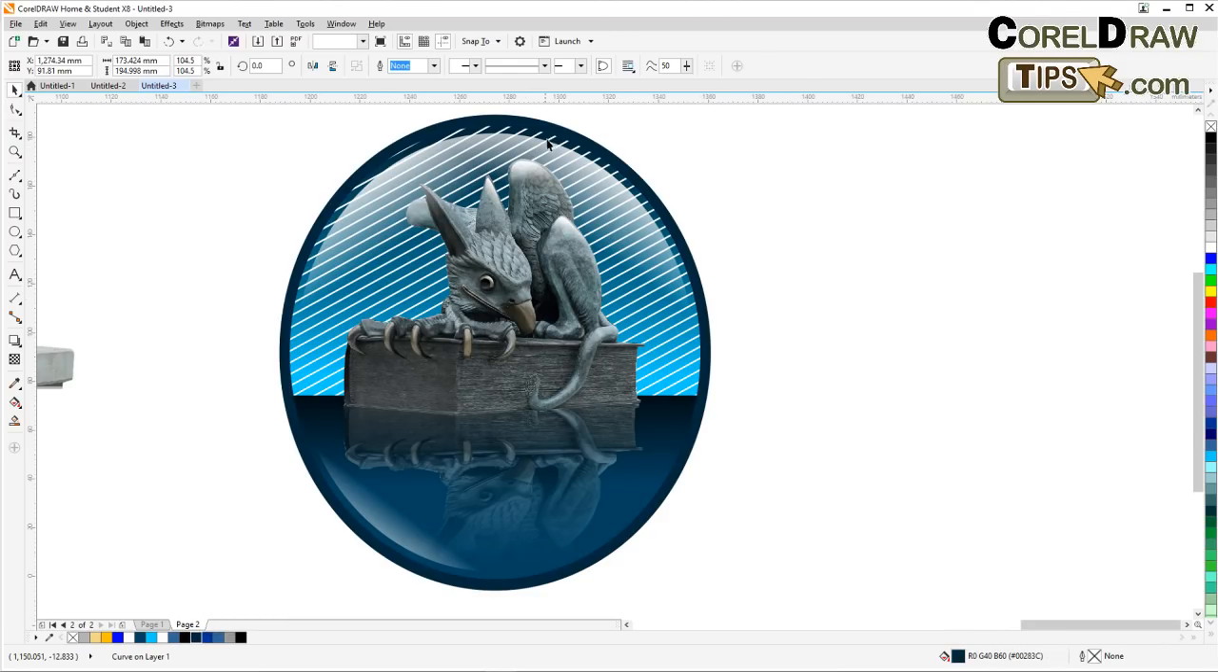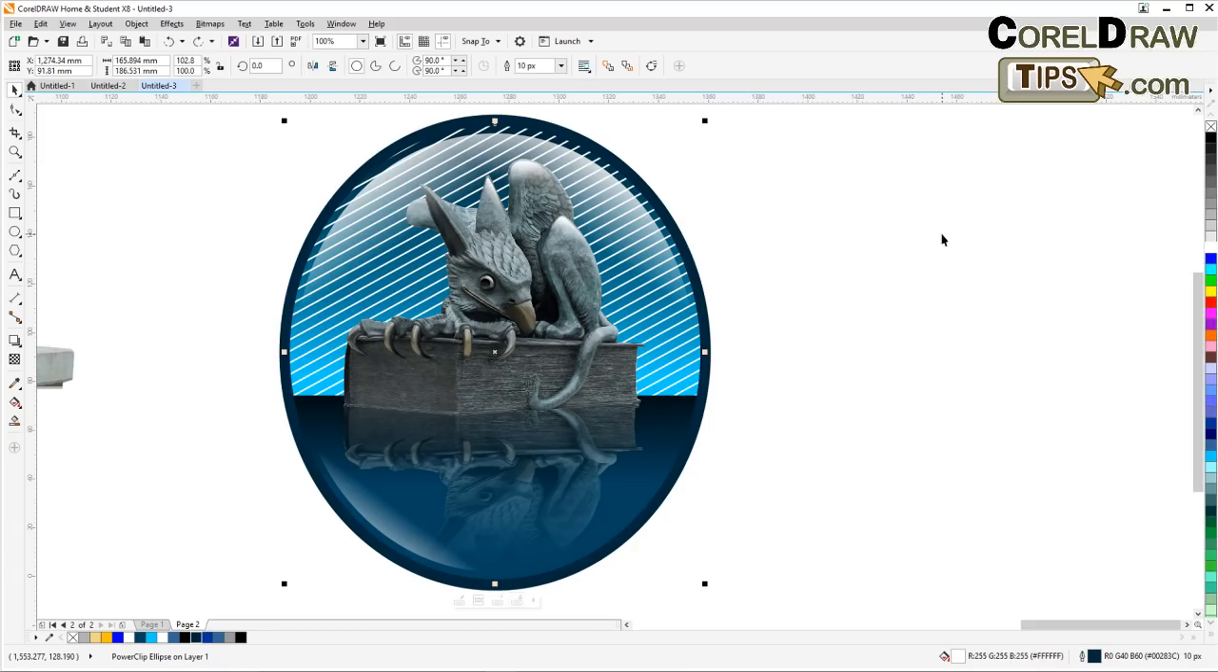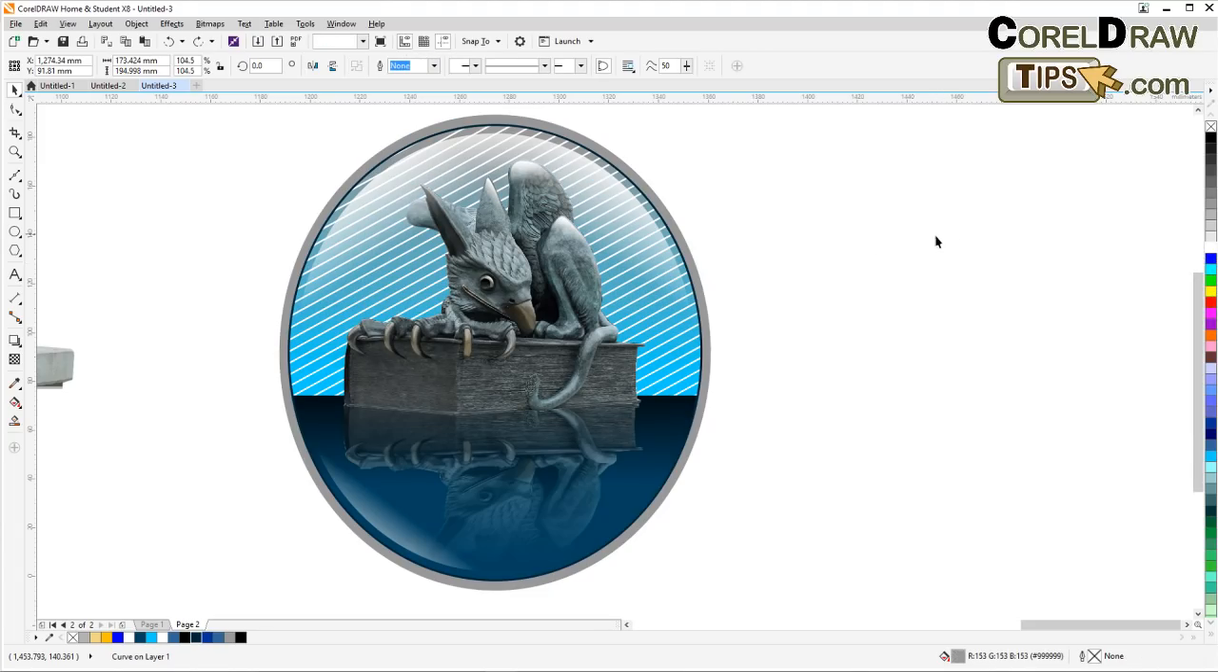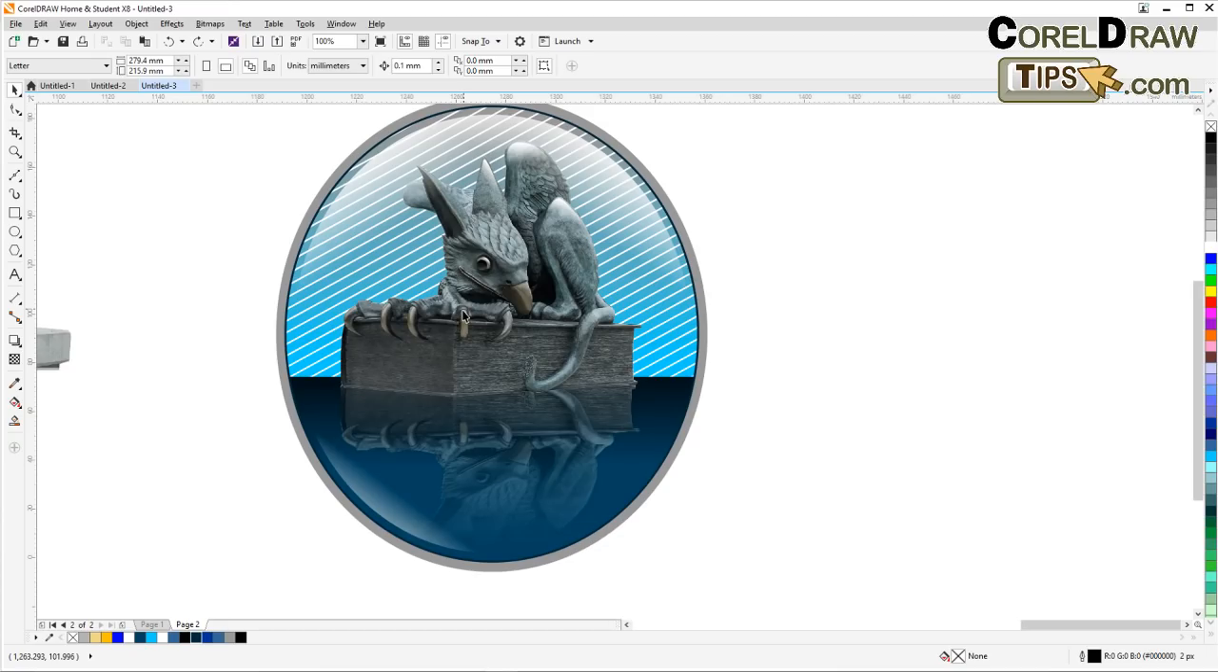But now I'm not too happy with this one here. What if I make that white? No. I'll just keep it that color. Okay, so now